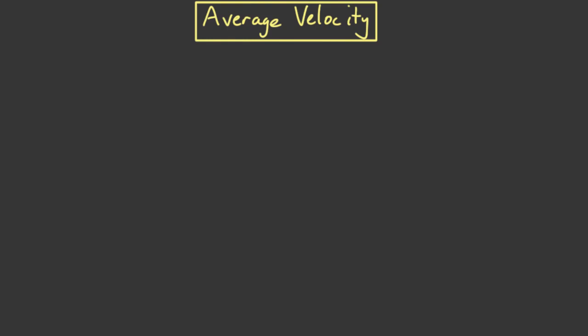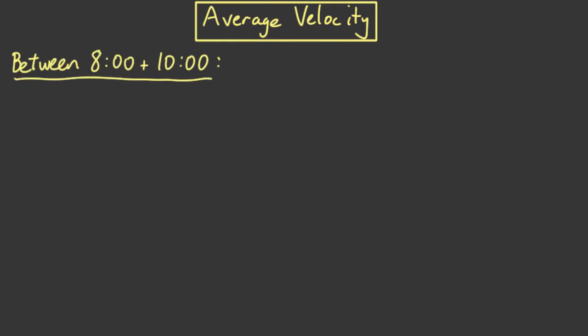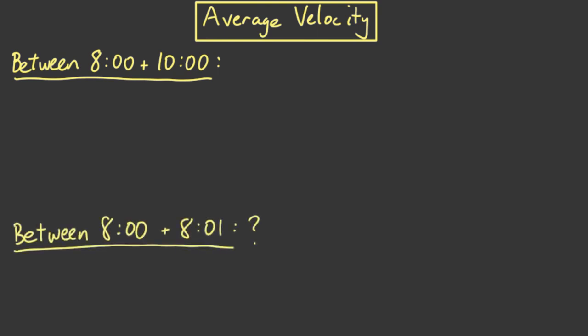Okay, we've calculated the average velocity of our car between 8 o'clock and 10 o'clock. But then we decided that that might not be such a good approximation if we wanted the velocity at 8 o'clock exactly. So we've decided that instead we should do the same calculation, just this time between 8 o'clock and 8:01. All right, we're going to have a lot of numbers floating around here, so let's get some notation to